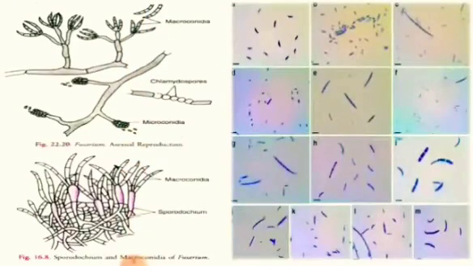Macro, as the name indicates, means large. On the top left you can see macroconidia, banana shaped, canoe shaped or sickle shaped, whereas micro means small, and so they are oval shaped or globular. And in some cases chlamydospores are also formed as a survival structure. Actually, during adverse conditions, the vegetative structure gets thickened and forms chlamydospores to overwinter the adverse condition.